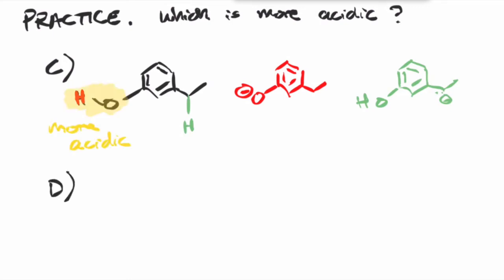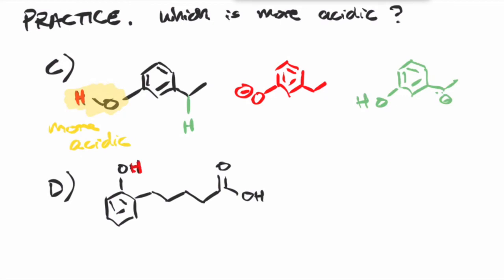All right, let's do one more before we go on. Let's take a look at this case. Again, I'm going to highlight the different protons in different colors so we can compare them. Okay, which one of these is more acidic? So as always, let's consider the conjugate base. If you take away the proton, where would the negative charge be? All right, so notice that both of these negative charges are on an oxygen, so atoms is not going to help us. So let's go to resonance.